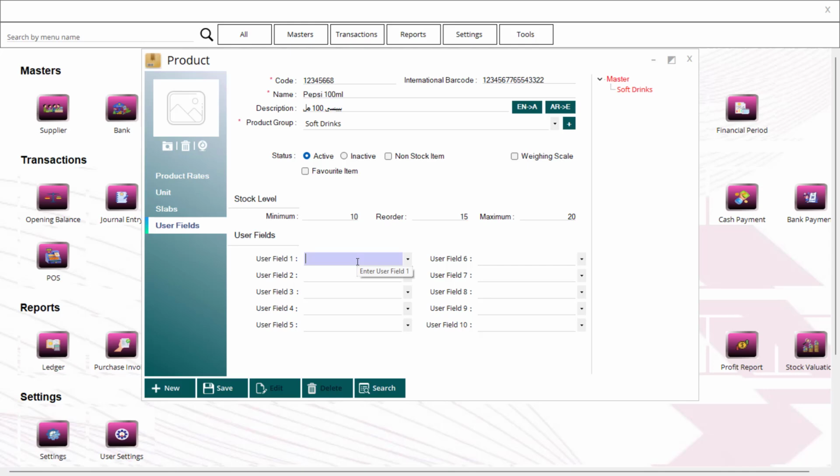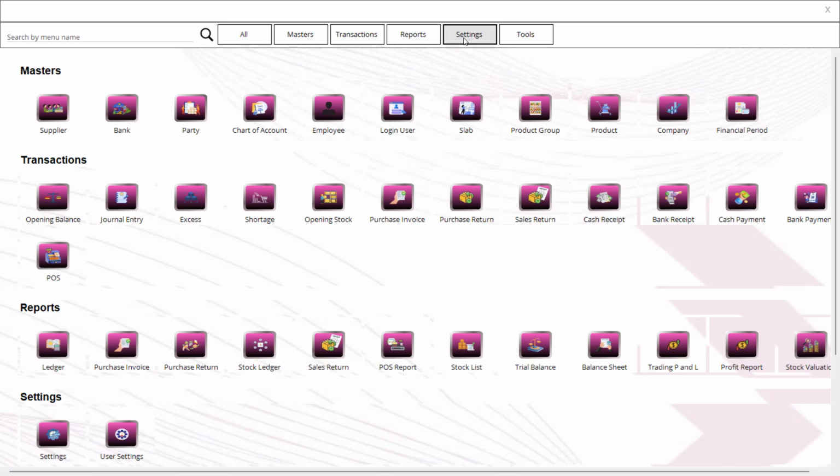Also, it will appear on your print format if you design so. So we have 1 to 10 user fields, which is fully customizable. You can rename each of your fields. For example, when you go to the settings,